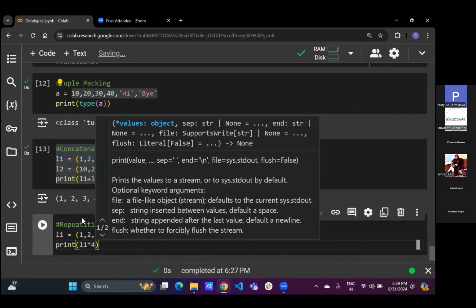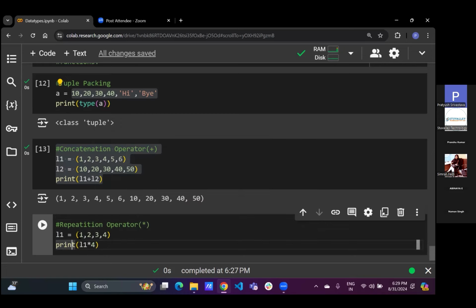Repetition operator. Anybody? किसी को नहीं याद repetition क्या करता है? Basically, the repetition operator is used to repeat. सर जब इसका एलिमेंट सब रिपीट होने लगे, पूरा एलिमेंट्स मल्टीपल टाइम्स रिपीट हो जितना टाइम्स हम दिए हैं।